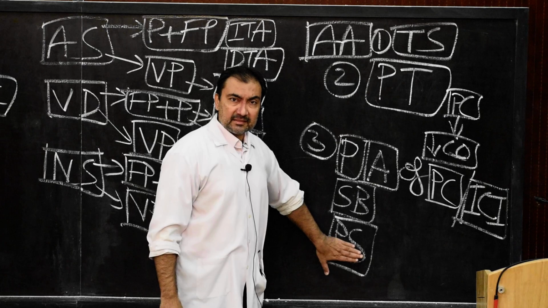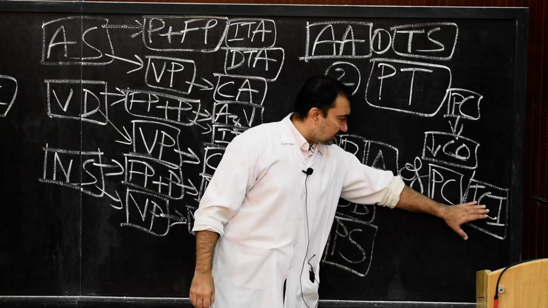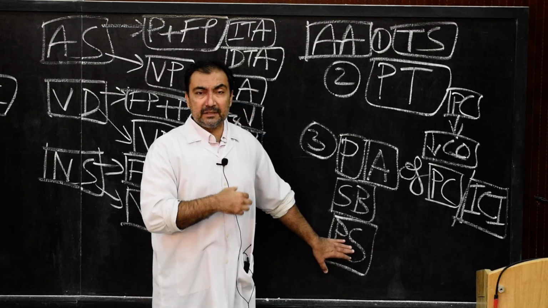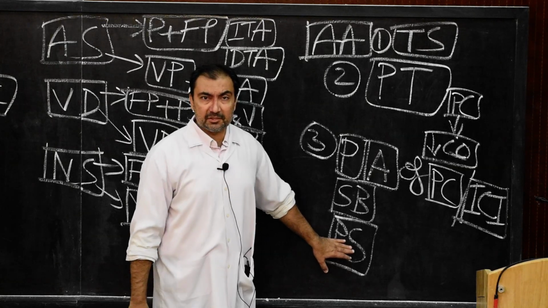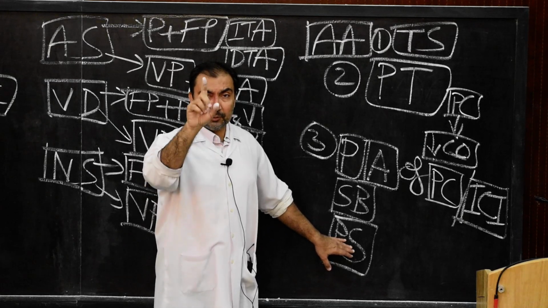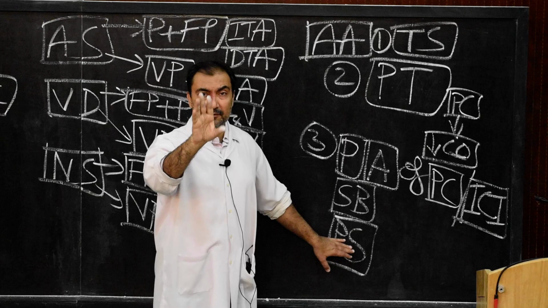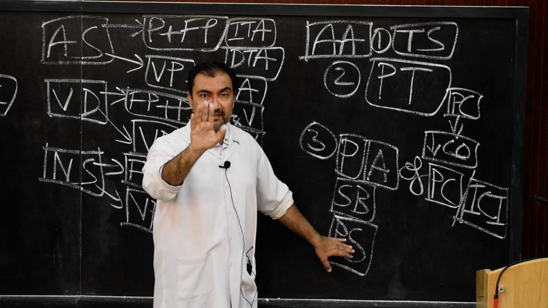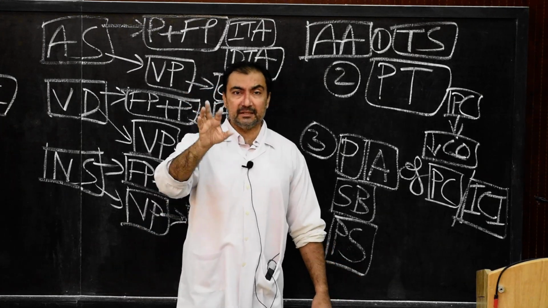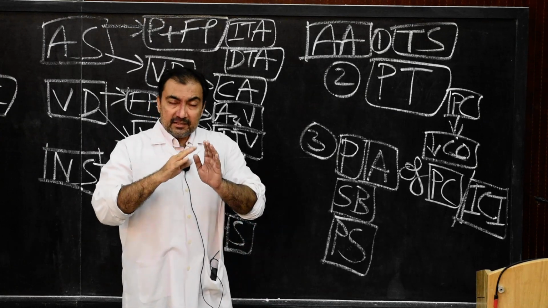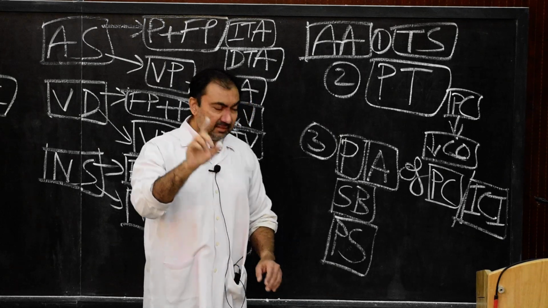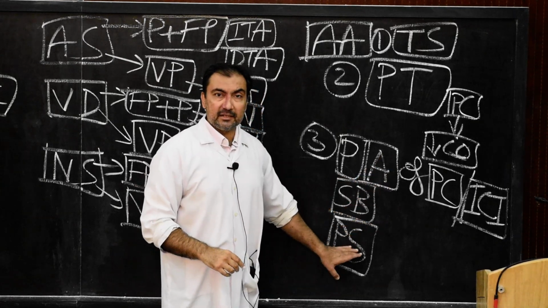What about the parasternal route? The parasternal route is the most preferred choice for intracardiac injection. Here the needle is passed through the left fourth or left fifth intercostal space, across the lateral margin of the sternum, to avoid injury to the anterior border of the left lung and the anterior margin of the left pleural sac. Once again, the needle is passed in the parasternal route through the left fourth or fifth intercostal space just across the lateral border of the sternum to avoid injury to the left lung and left pleura. And this is the most preferred choice for intracardiac injection.